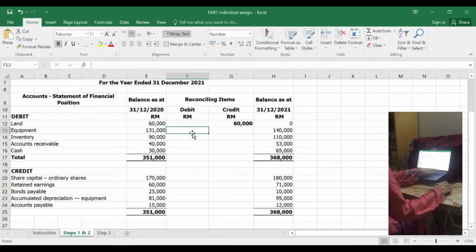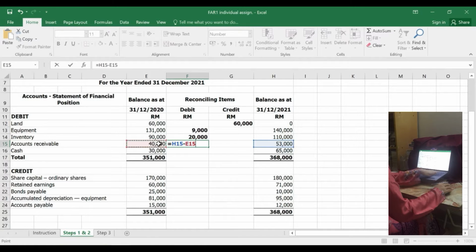60,000. Next, the equipment account show an increasement of 9,000. Inventory also increased 20,000. An account receivable has changed from 40,000 to 53,000 with an increasement of 13,000. And lastly, the cash has increased the amount of